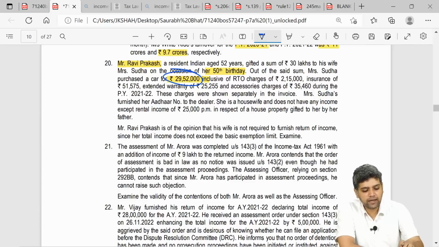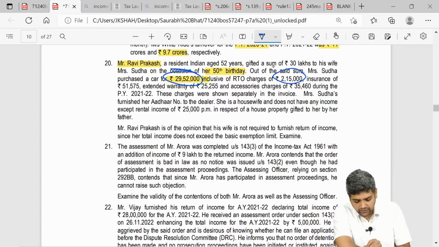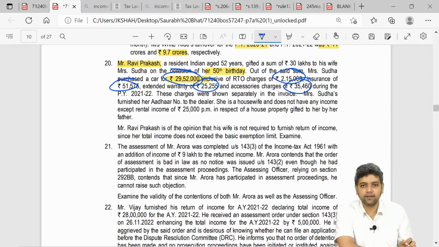But in that 29 lakh 52,000, there are certain incidental taxes. So that is RTO charges, insurance, extended warranty and accessories. So these are to be reduced from my sale consideration. If I reduce that from 29 lakh 52,000, in that case, the amount comes to